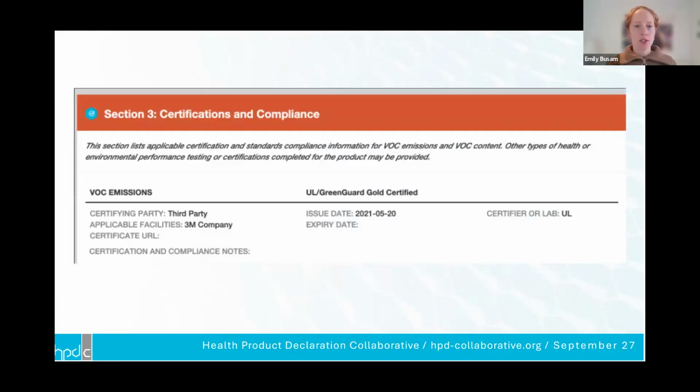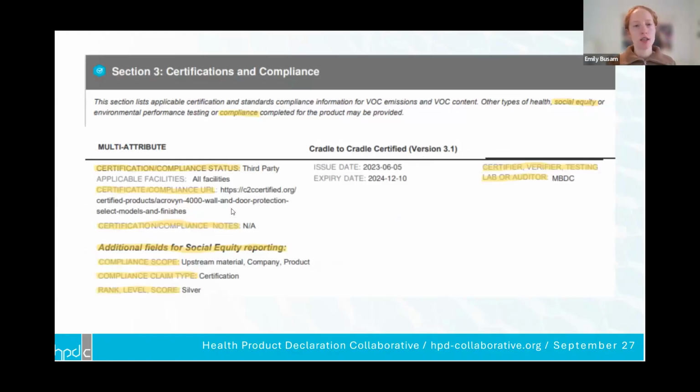Here is what the section currently looks like. And what we're proposing is adding in anything that's highlighted in yellow. So including up here that we're now going to start reporting out on social equity performance. We wanted to make it very clear and not misleading anytime that it says certification, since not all of these that will be included are actually certifications. We're including certification or compliance.